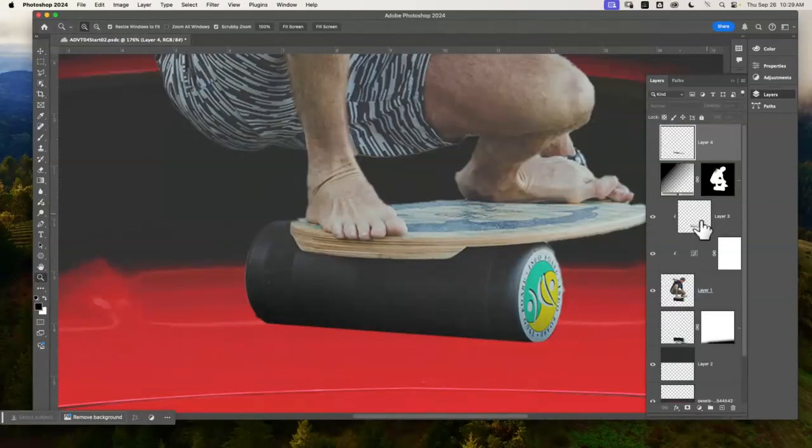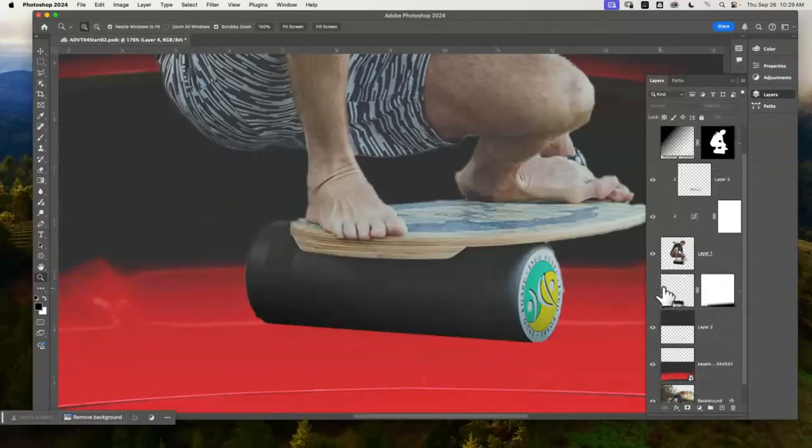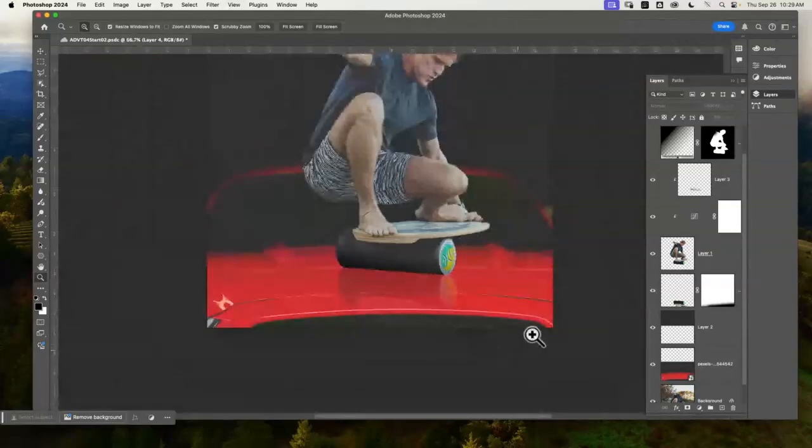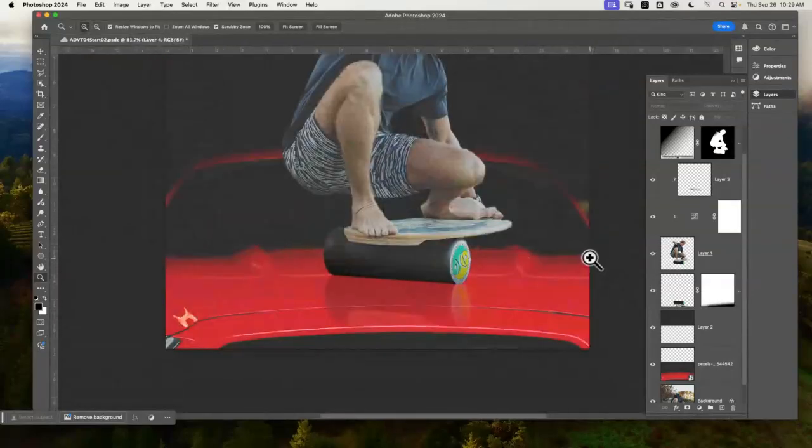But I used it on a layer, and I made some layer adjustments to it to make it blend in a little bit more than it normally would have. Boom, look at that. It's got a reflection. How do you do a reflection? All I really did, I took the dude,